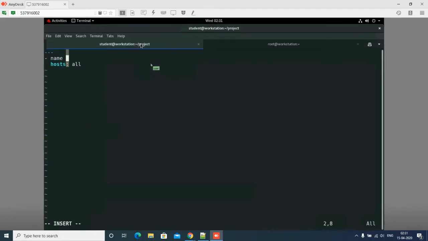Now I'm writing one playbook. I'm starting with a name: examples for register. Now I will say tasks. Simply I'm using hyphen name: adding the user.